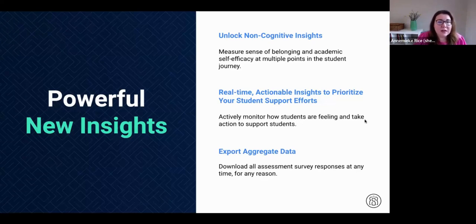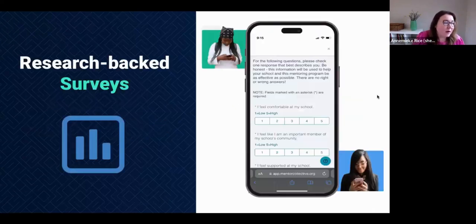So let's get started. I'm going to start a little bit with a primer. Some of the folks on the line here today might be in their first year with Mentor Collective and are still learning the ropes and how things work. Others might be new to their institution, even if your institution is a long-standing partner of ours. So the source of the data that we're talking about today are research-backed surveys. We call these the assessments. These are assessments that are sent to the participants in the mentorship, the mentee and the mentor, at up to 3 points in their journey in that mentorship, usually the start, middle, and end. We'll talk a little bit more about the sequencing.